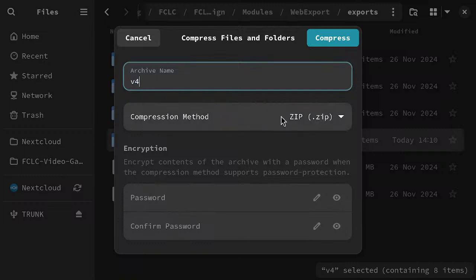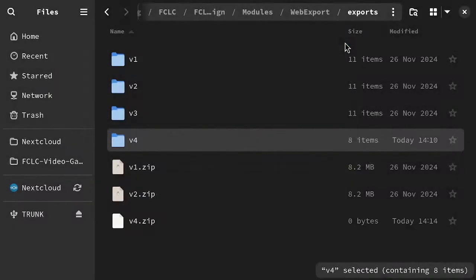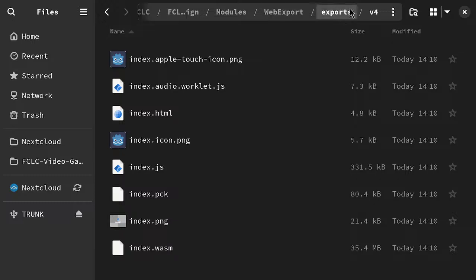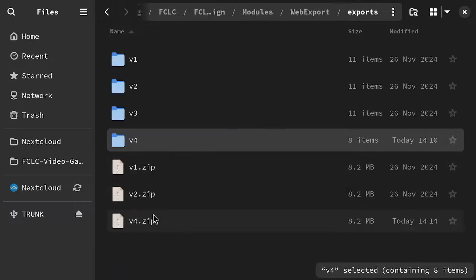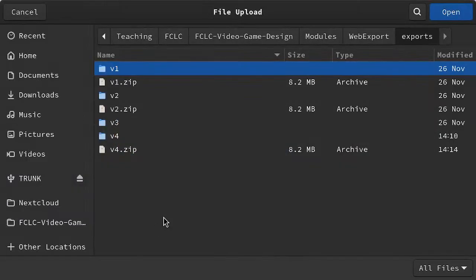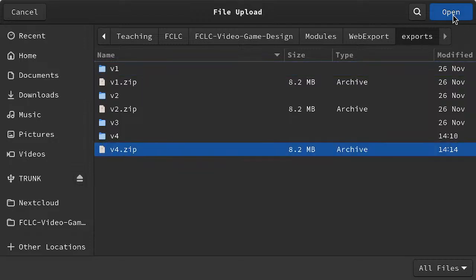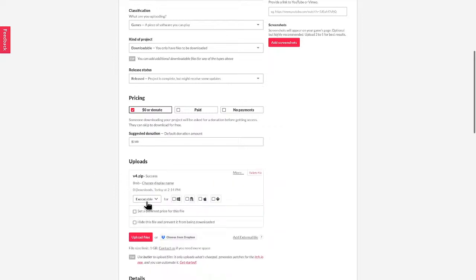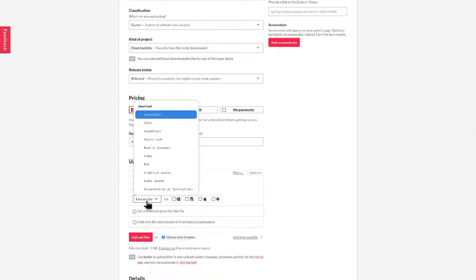You give it a name and you pick a zip file. So you just want to compress your folder with the index.html files inside of it. Just compress that into one zip file. Then on itch, select the zip file, hit open, and then you can click, instead of executable, you can just